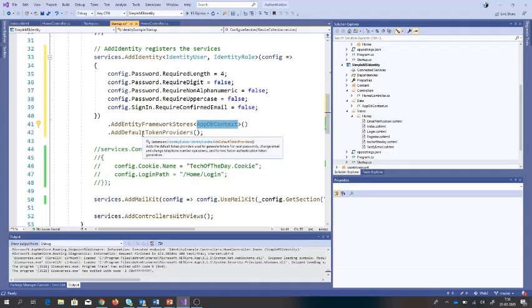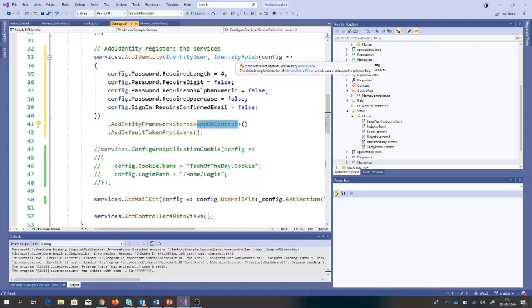And then I'm using add default token provider. I could specify what type of token provider I want, but just to keep it simple, I'm using default token provider. So till now it's simply creating two tables, let's say in database, identity user and identity role,